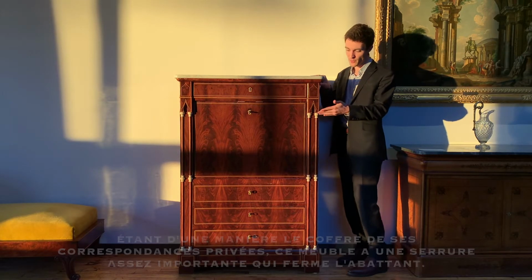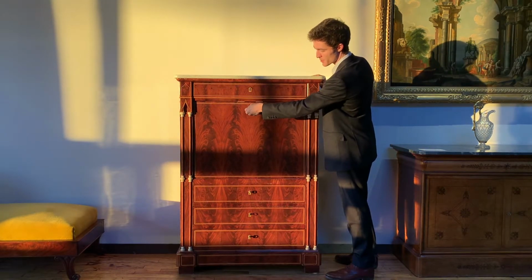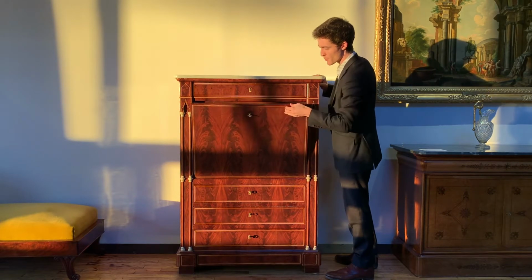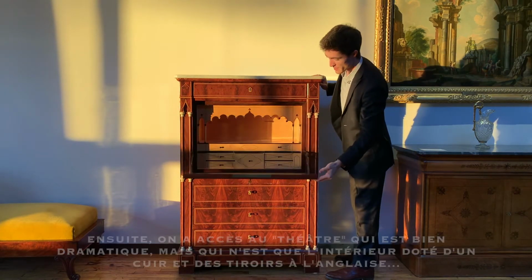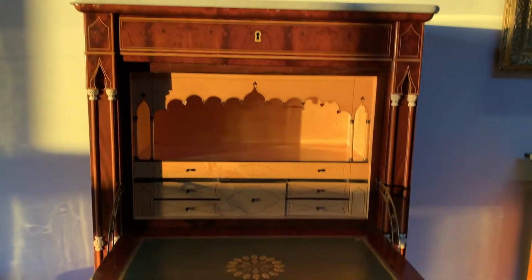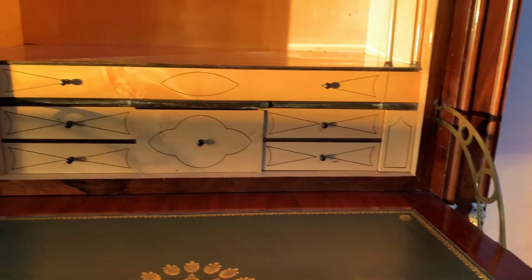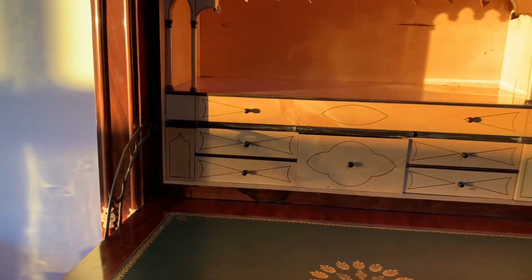So when you move to access the fall front, a hefty locking mechanism disengages, giving you access to what is called the theater. This is an inner gallery, but it is rather dramatic, and so it's called the theater. Inside you have a shelf for books and several English drawers, one of which leads me to the point that